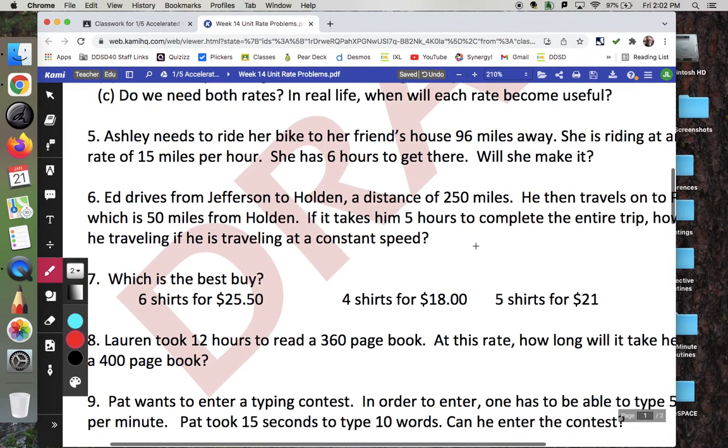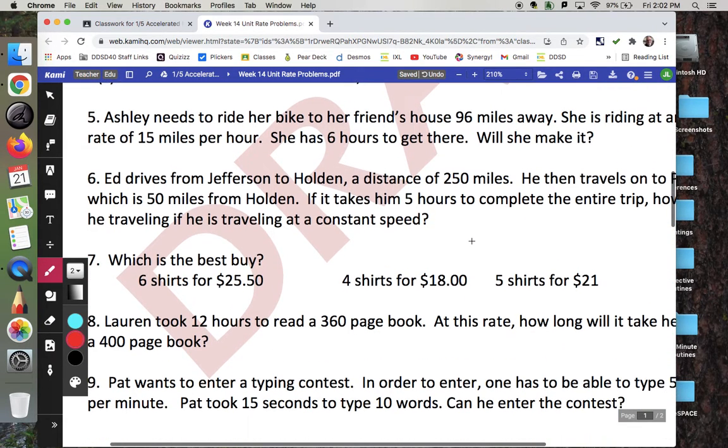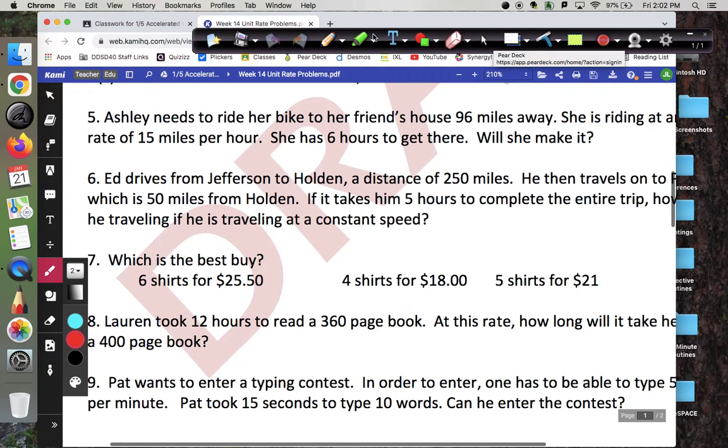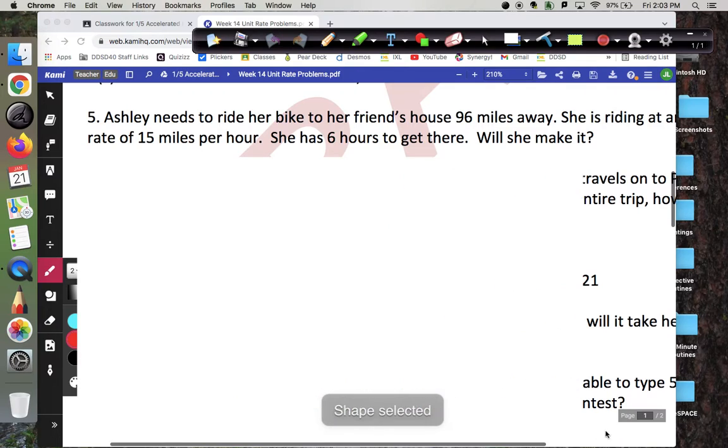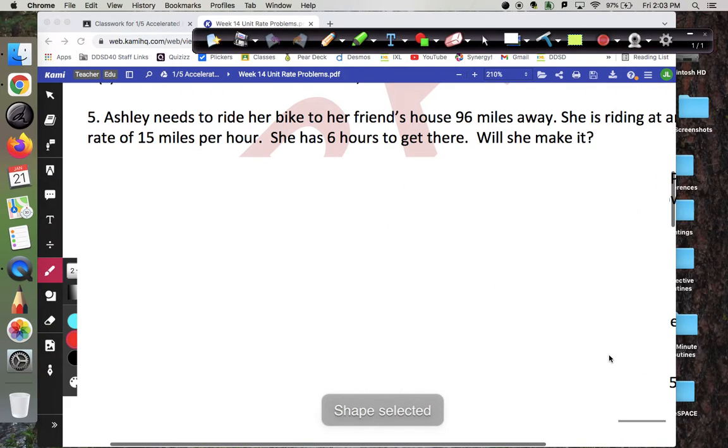And then finally, we worked on number 5. Ashley needs to ride her bike to her friend's house. I'm going to actually pull a different tool out here to make this a little more clear. And we'll just go like this. All right. So Ashley needs to ride her bike to her friend's house. It's 96 miles away. She's riding at a rate of 15 miles per hour. She has 6 hours to get there. Will she make it? So we're going to put 96 miles